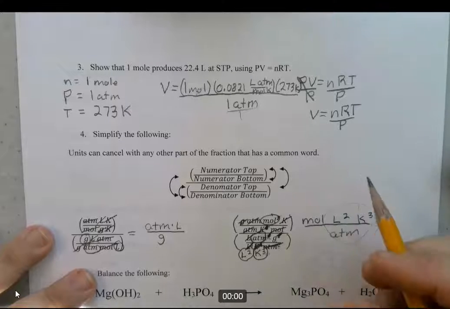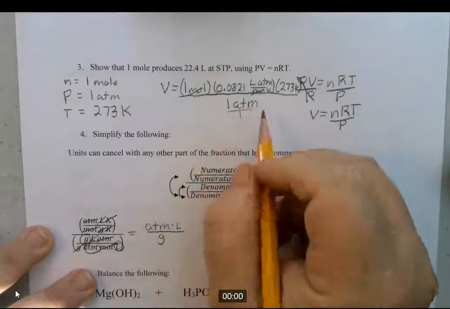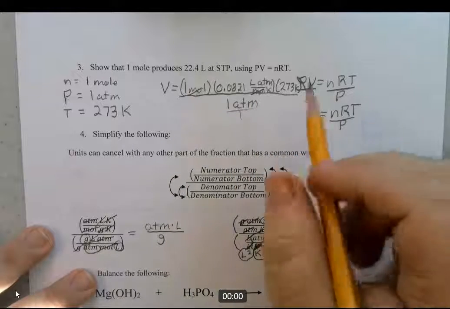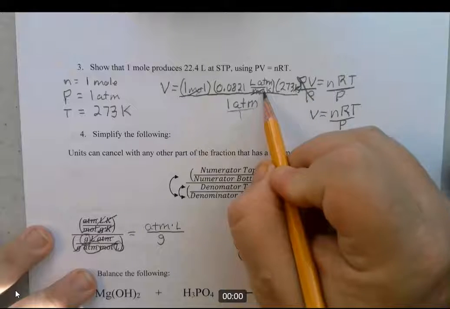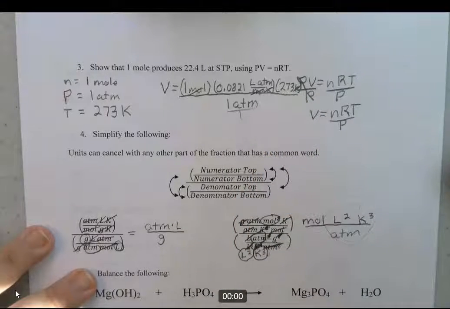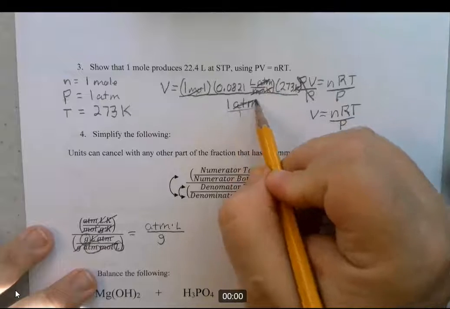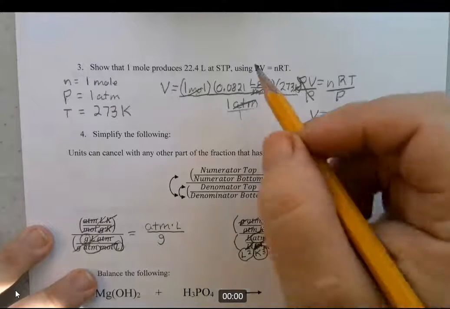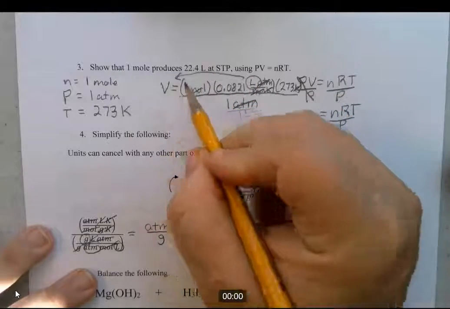So let's see how things cancel. Moles here cancels with moles there. That's in the numerator bottom, numerator top. Kelvin is numerator top, and here it's numerator bottom. Atmosphere is numerator top and denominator top, so they cancel. And the only thing that you have left then is liters for volume, and that's what you measure volume in,